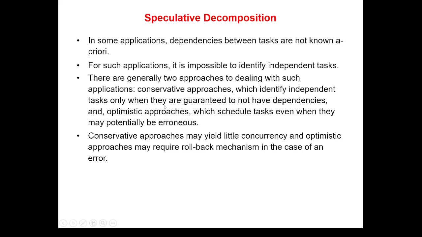Kalau speculative ni dia ada dua approach. Satu conservative approach, satu optimistic approach. Conservative approach, dia akan identify independent task bila dia guarantee, dia kata tak ada dependency. Okay, optimistic approach pula, dia akan schedule the task, dia akan schedule juga the task tu walaupun task tersebut ada potensi untuk error. Okay, so conservative approach ni akan yield the little concurrency, manakala optimistic approach will require a rollback mechanism in the